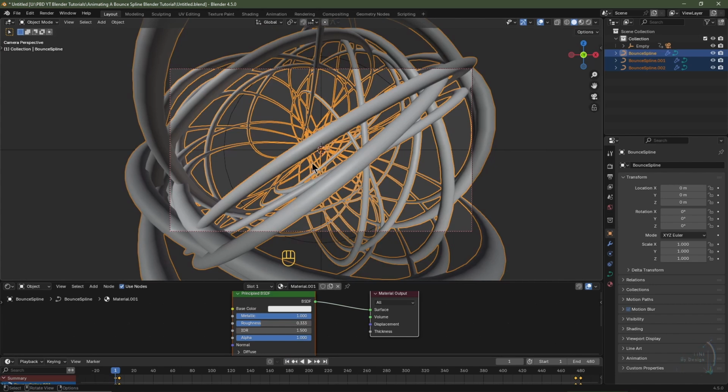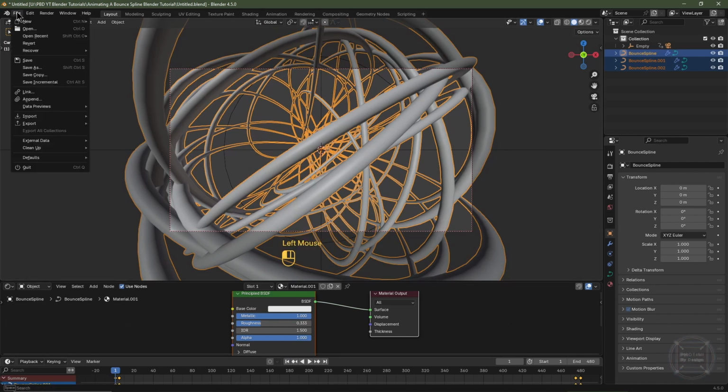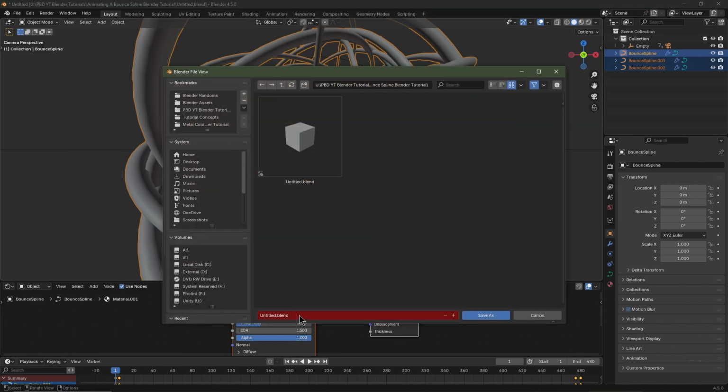Before we move on, it's a good idea to save your project, so I'm going to go File, Save As, and I'm going to save my project as